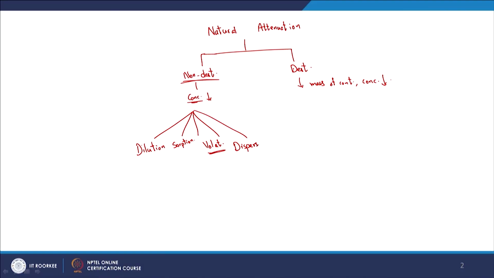So, volatilization. And the other aspect we looked at, or briefly looked at, was dispersion, right? So dispersion, what is that about? I think we had the relevant schematic. Let me try to draw that out here again, that's better. So if this is the soil, let's say, top view,